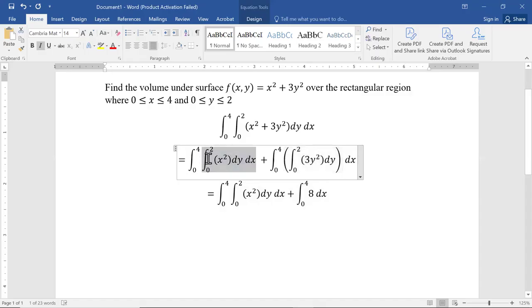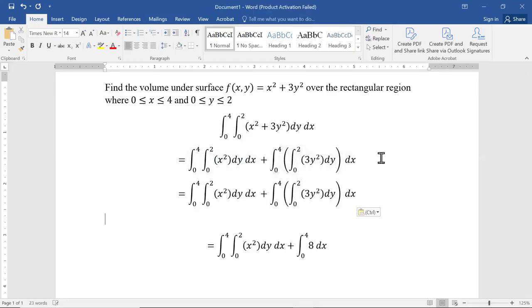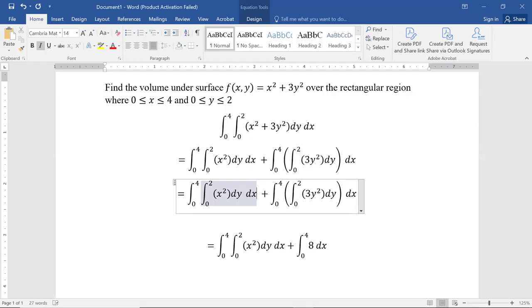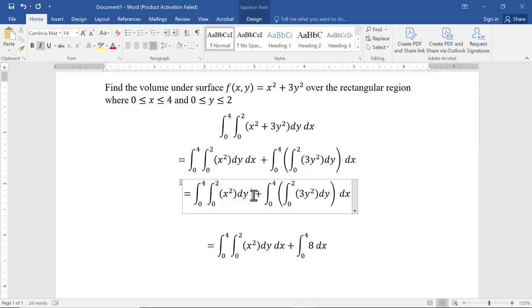Now I can be a little bit clever over here and utilize technology for this piece as well. Let me actually just copy and paste. And here's how I'm going to do it. I know that the first thing